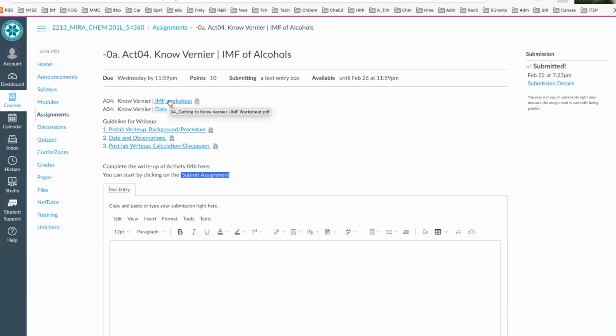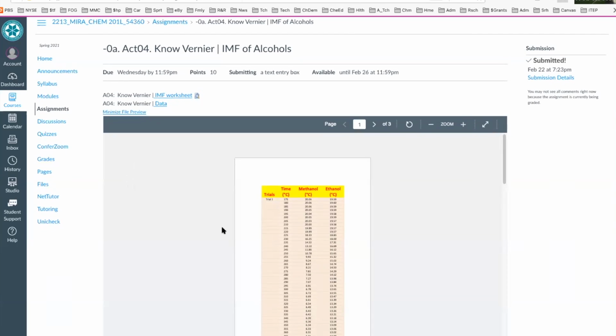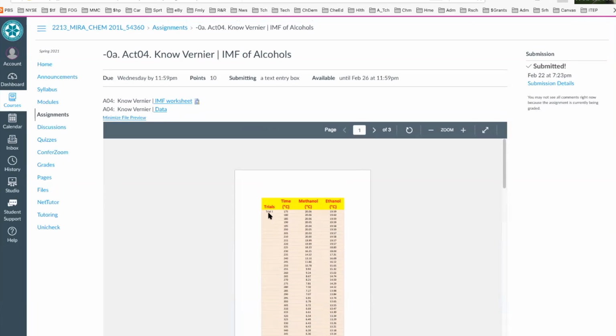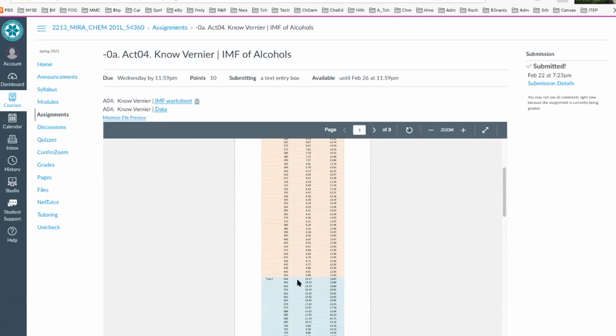So that's the data for the intermolecular force. And remember that the data sheet is right here. This is for trial 1. And sorry, this is, yeah, for trial 1. This is the time. This is methanol. This is ethanol. This is trial 2. This is ethanol. This is methanol. And this is trial 3. And the question really is,